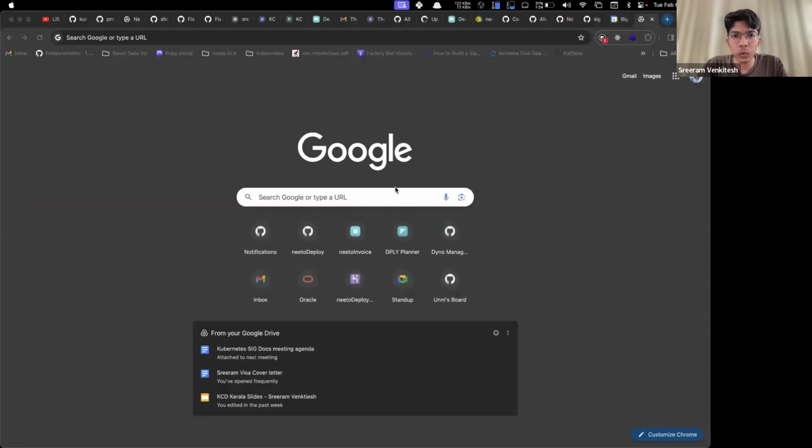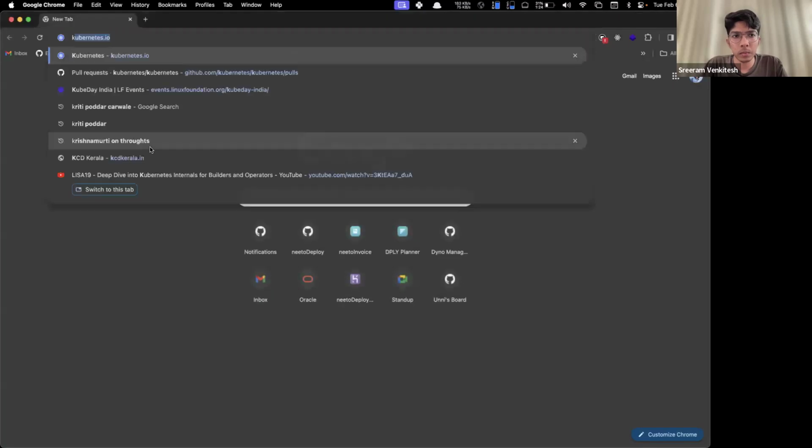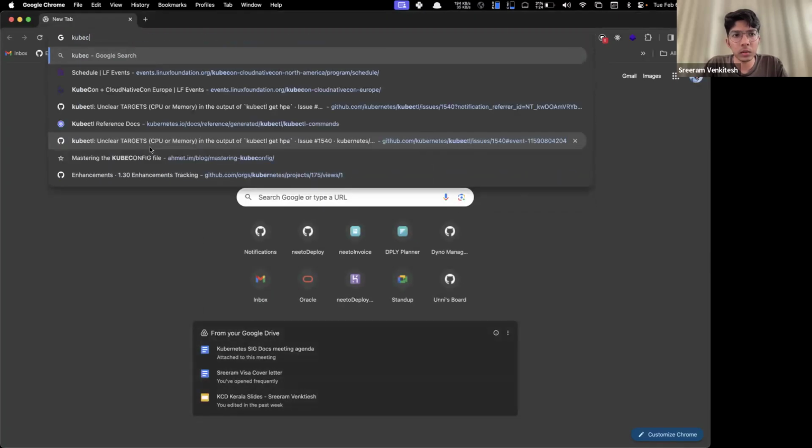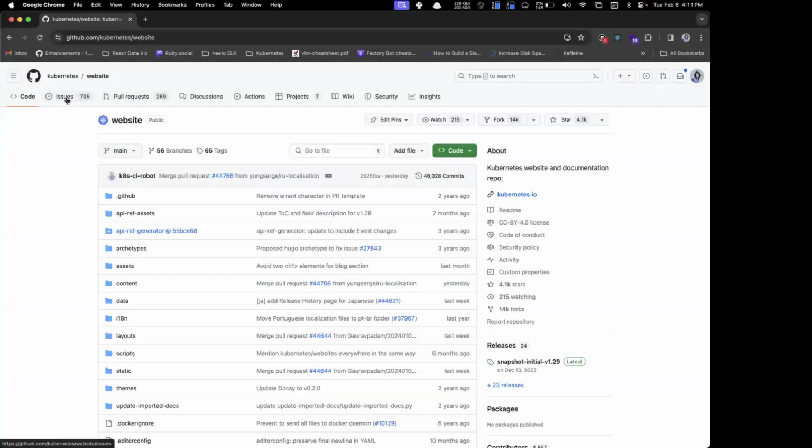Yes. So let me try sharing my screen. Maybe we can go through the Kubernetes website. My screen is visible, right? Yes. All right.